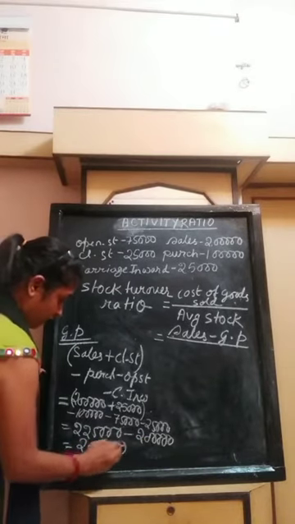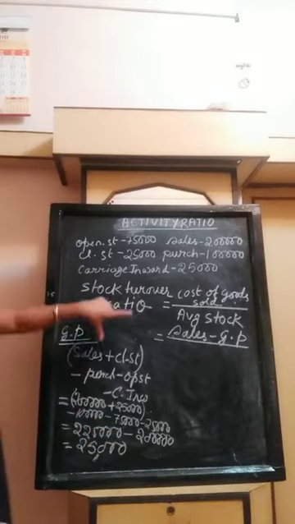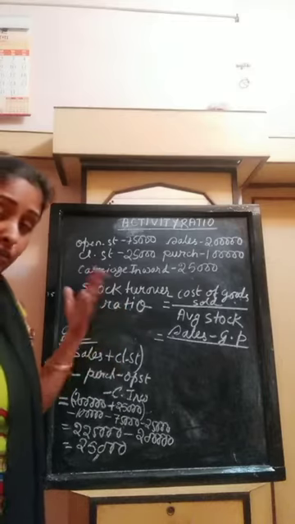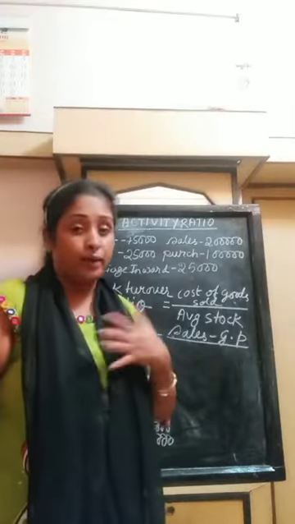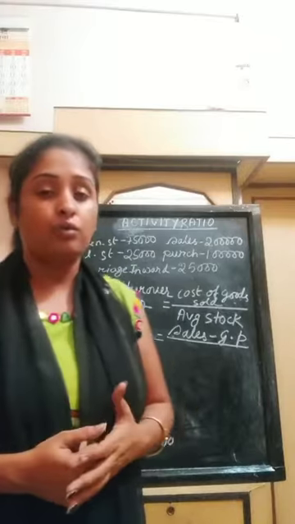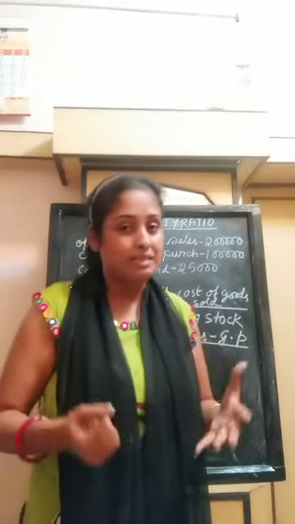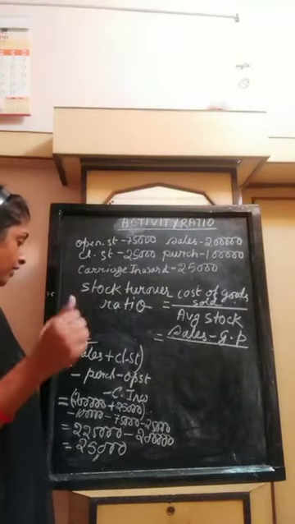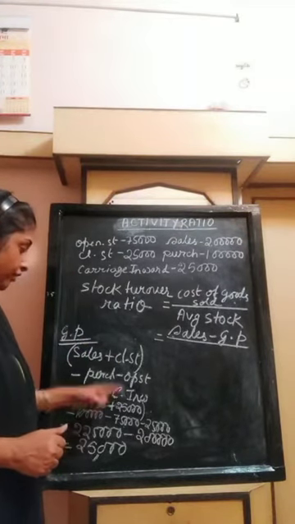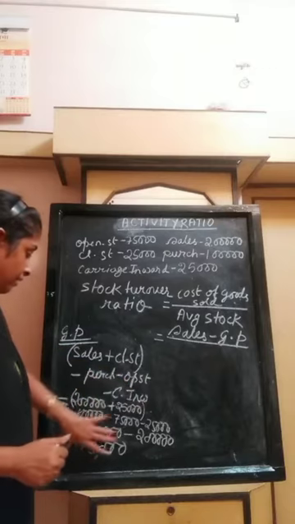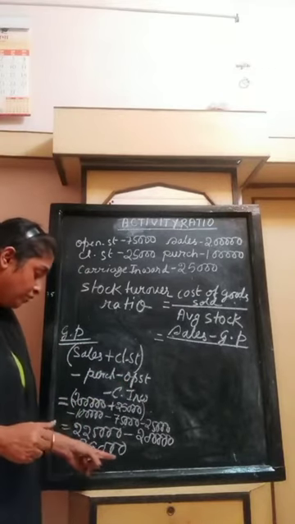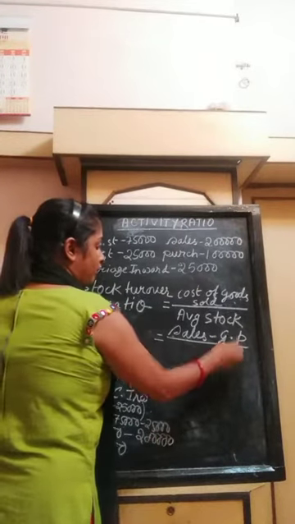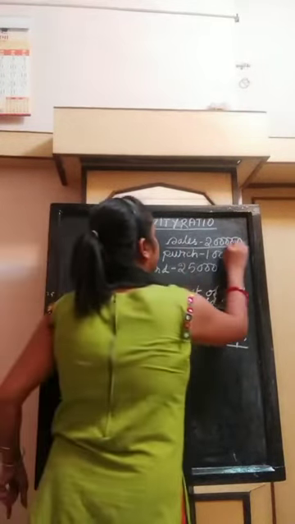So the gross profit is 25,000, which we have obtained by using the formula that we use while doing the trading account. In the trading account, we used to add sales and closing stock, and we deducted purchase, opening stock and carriage inward from these, and by arranging the amounts we have acquired 25,000, which is the GP. So here we can easily place the amount of GP. Sales we know is already given, 2 lakh.